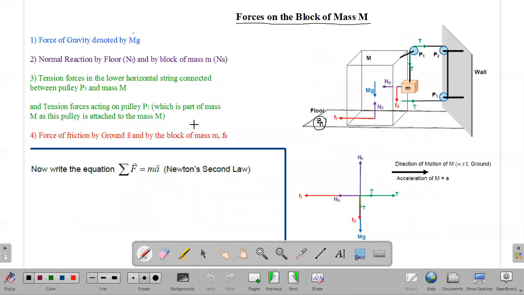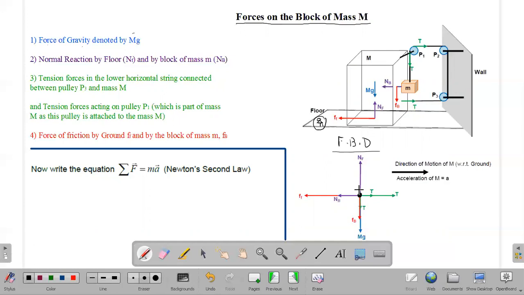So now we have completed the free body diagram, and then we can draw all these forces at a single point also. Considering all forces at a single point is called a free body diagram, because in Newton's law, the object is always considered to be a particle. That is the reason why we consider all forces at a single point. That means we are modeling this object as a particle.